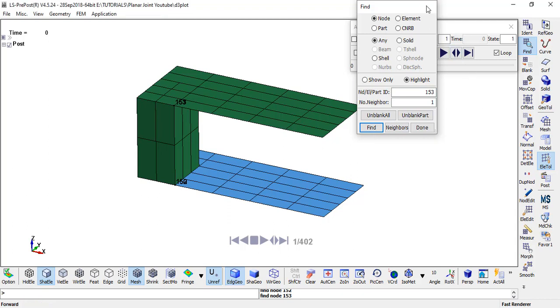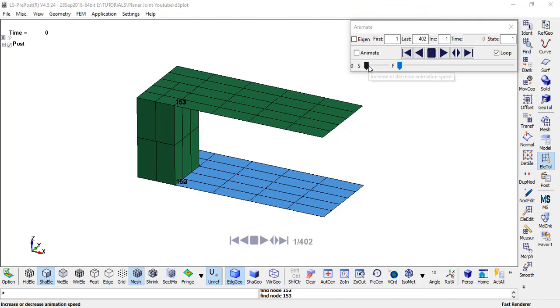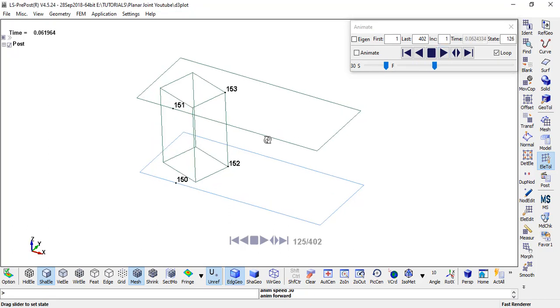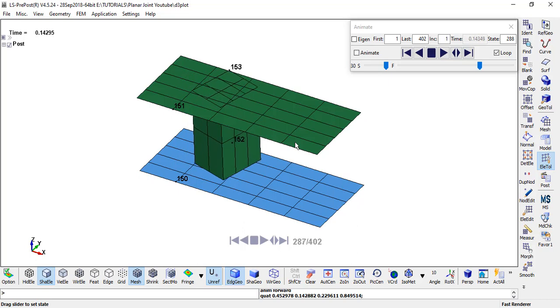Okay, see how the nodes are moving apart.